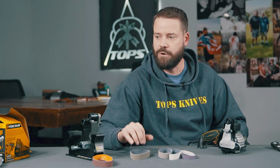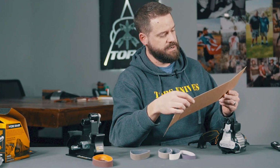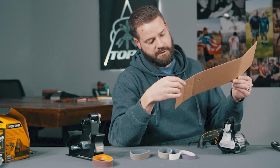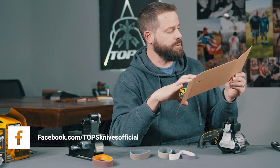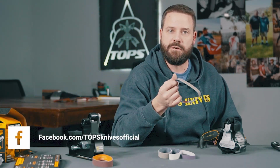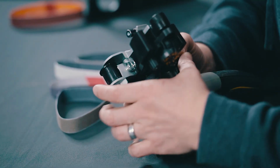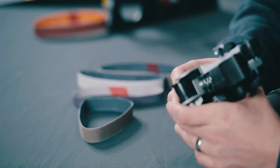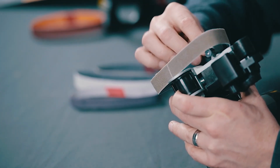I'm going to start with the next grit up, which is the equivalent of, I don't know, they're just calling it an X65. I believe it says on their website somewhere what that is equal to. I believe it's more like about a 220 grit. So we'll start there. To load this on, this wheel has your spring. So you're just going to push that in, put this over the two other wheels,